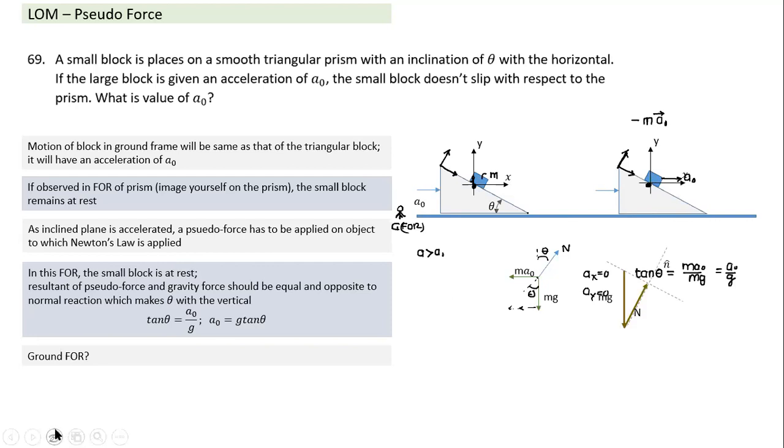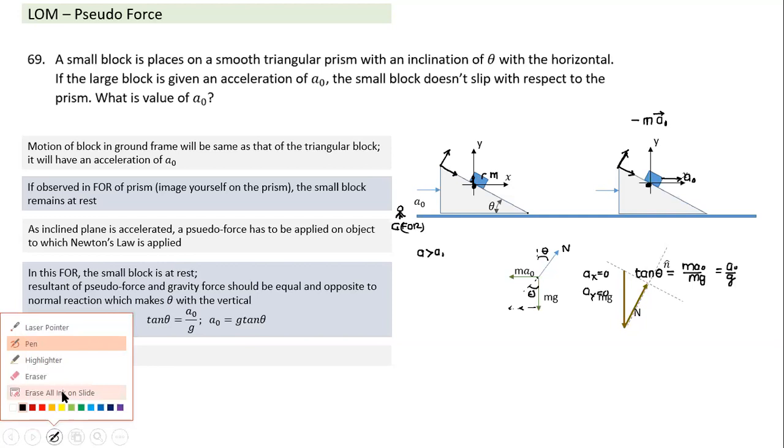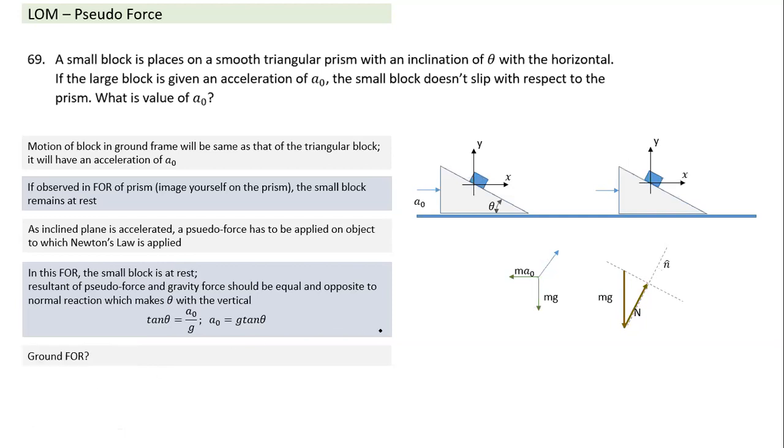I'll just rub this eraser piece off. Let's understand the same problem in the ground frame of reference. See, typically what we do, there are two forces here. mg does not change whatever acceleration there is. mg does not change. It always acts in the downward direction. When we come to the normal reaction also, the normal reaction acts in the same direction at an angle theta with the vertical, but its magnitude changes.